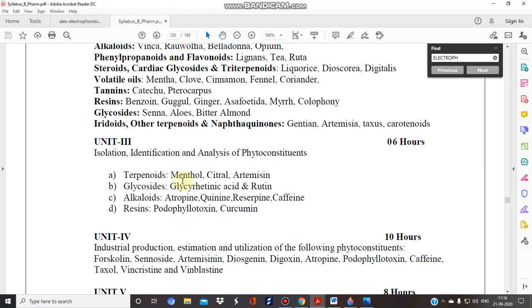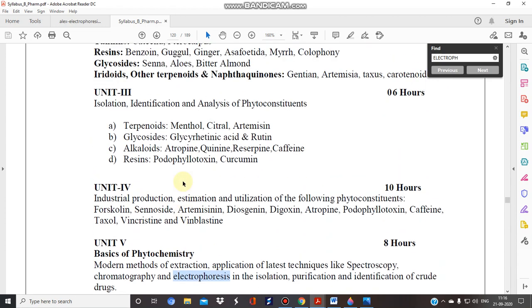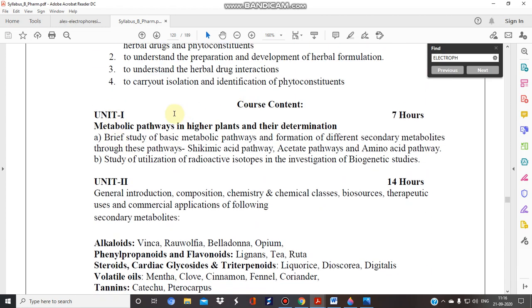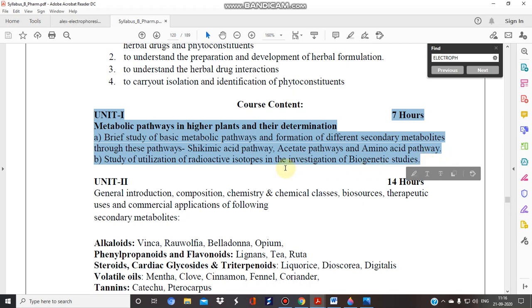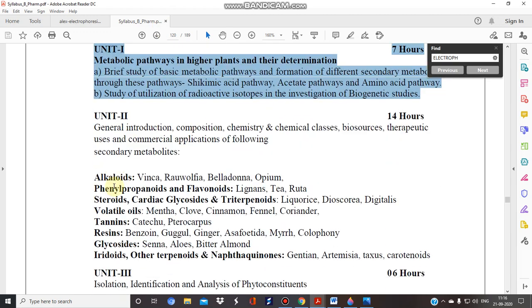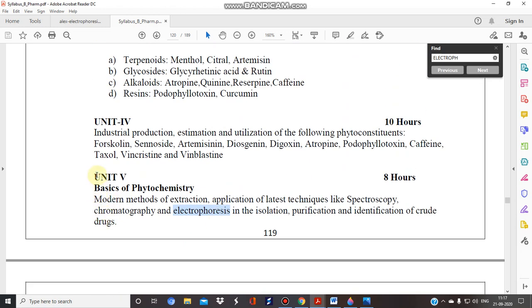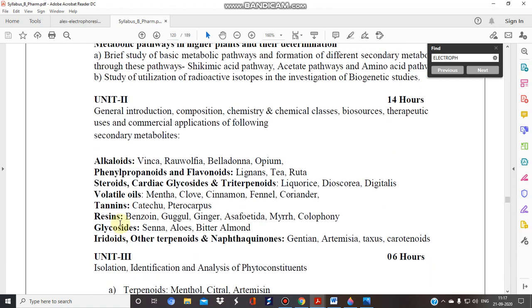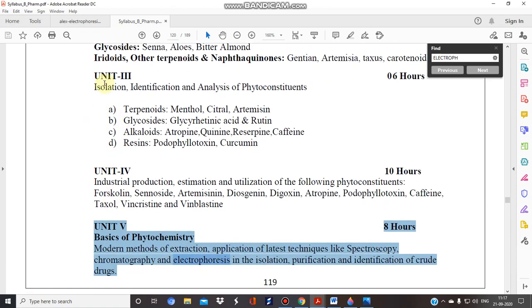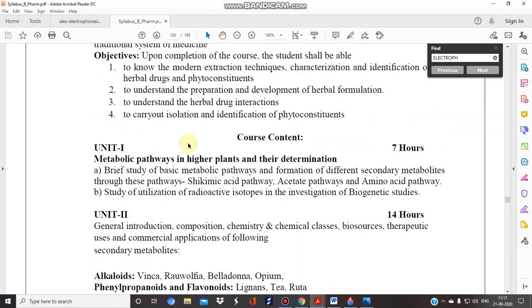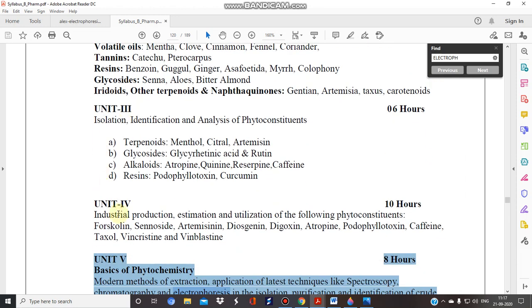From the next video onwards, we are going to cover the next important unit, that is unit number 1, the biosynthetic pathways, because this unit is very, very important. You should know about different types of pathways. So far in pharmacognosy, we have covered all the parts of unit number 2, all the crude drugs, and now we have completed unit number 5. We are remaining with unit numbers 1, 3 and 4. First of all, we will cover unit number 1 and then we will start unit numbers 3 and 4.